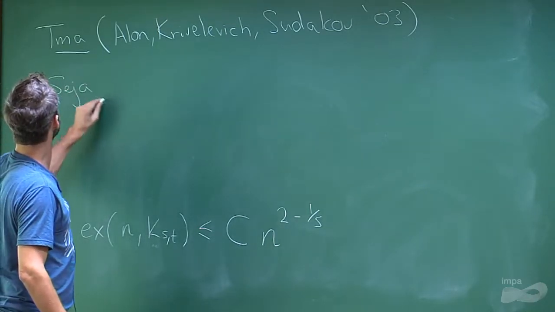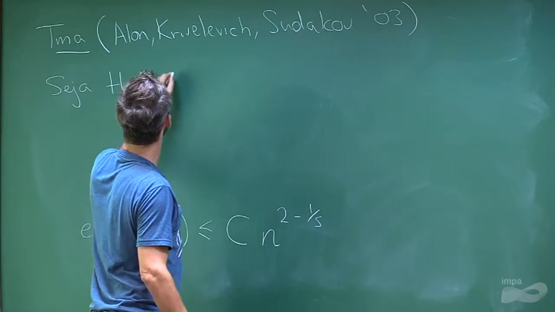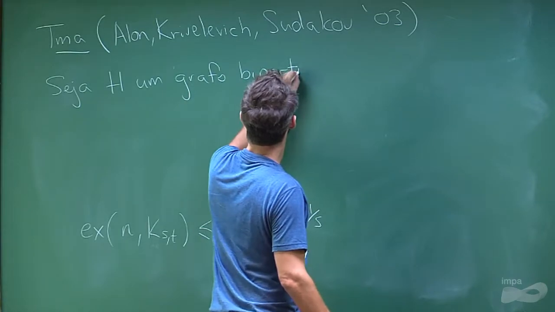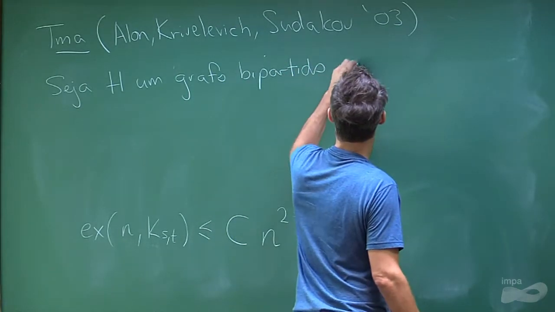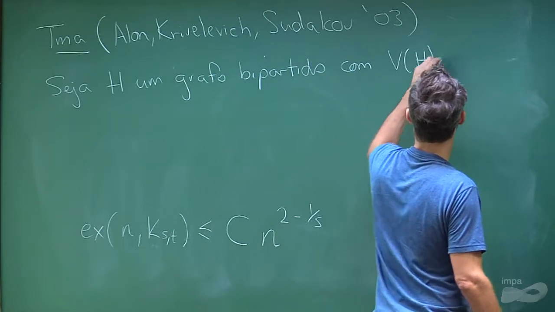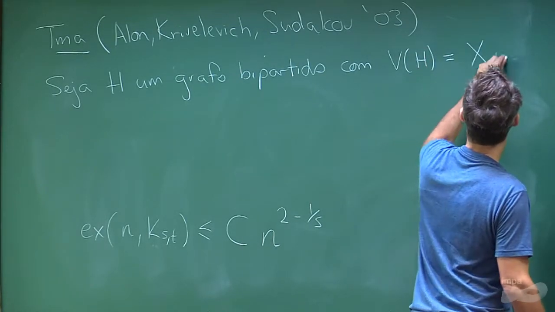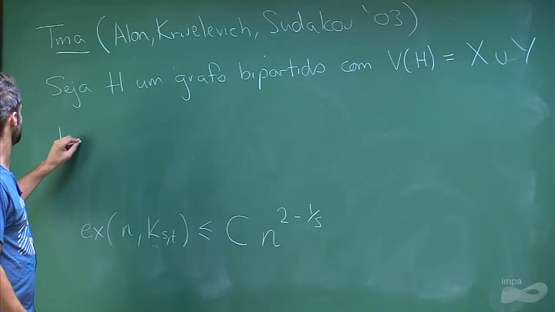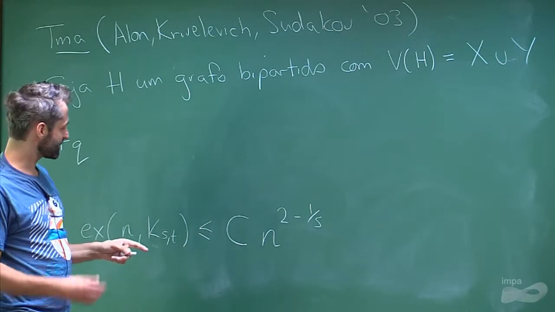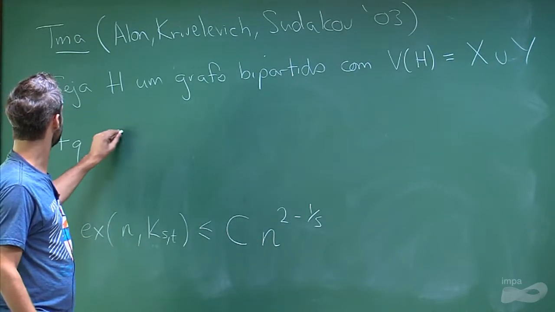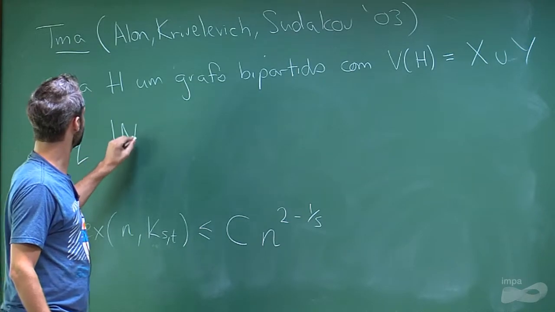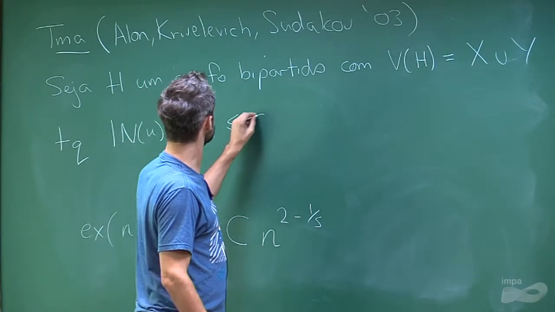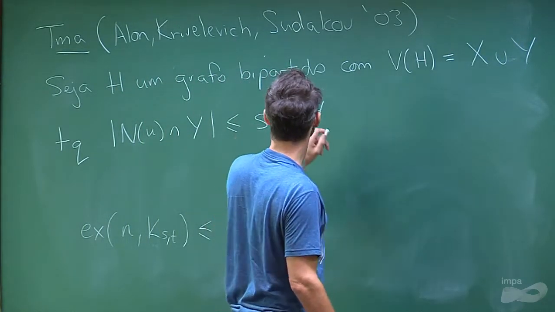So let H be a bipartite graph with a vertex set, let's call the vertex set X union Y, such that, so what's the property? The neighborhood of a vertex in X is at most S, so sends at most S edges to,